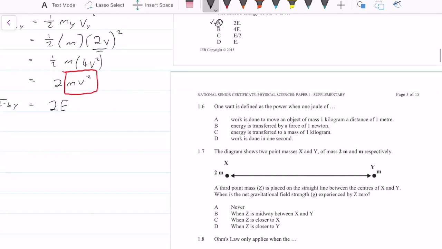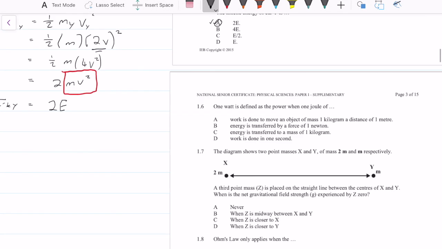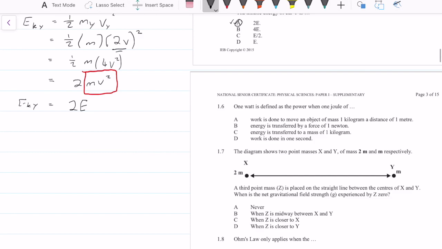Okay. 1 watt is defined as power when 1 joule of, okay, then we have to complete the sentence. So let's think of what a watt is. So how do we define power? Power equals work over time. So we have work, which is in joules, so we have 1 joule. So a watt is defined as 1 joule per second, which is